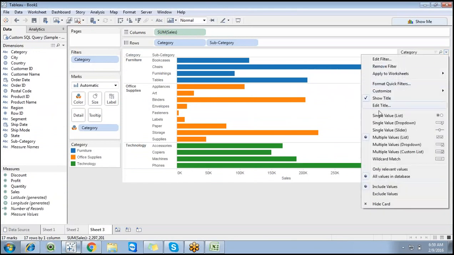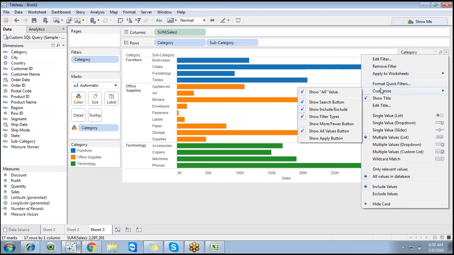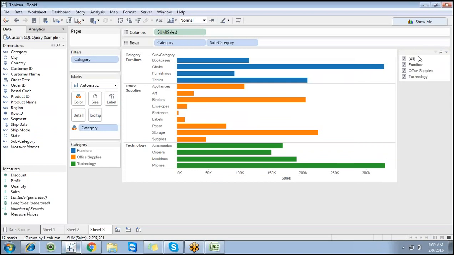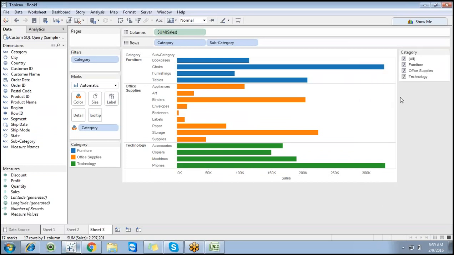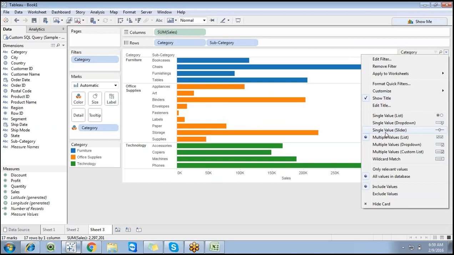Now you can see you have lots of options: edit filter, remove filter. I will discuss apply to workbooks later, but format quick filter, customize. This is a very important option, customize, and show title. I don't want to show the title, right? So you can exclude the title, so no issues with that.